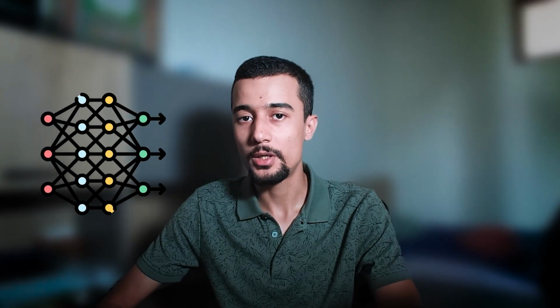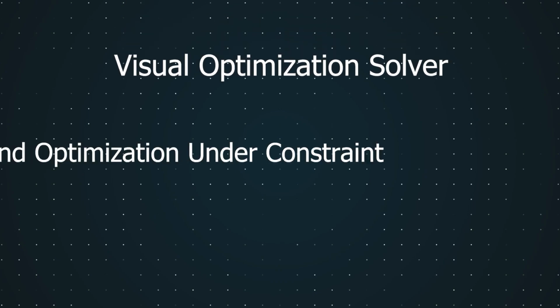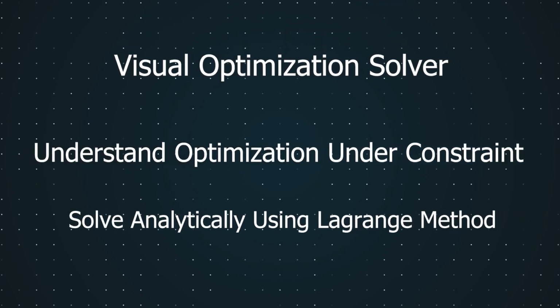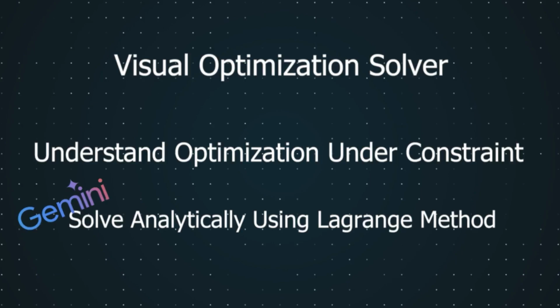And recently, I've added to it a feature that utilizes large language models to generate insightful reports, and another small feature that involves using a very well-known optimization algorithm in the machine learning world. So in a nutshell, this tool would help you understand the concept of optimization under constraint, and it also assists you in solving the problem analytically using the Lagrange method. So we'll cover all of that during this video, but one more thing to note before we start is that